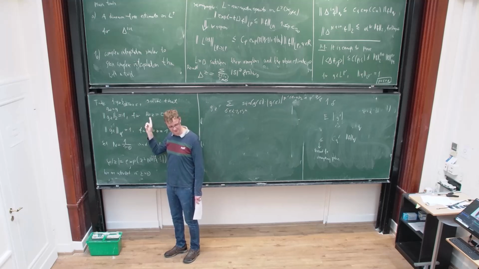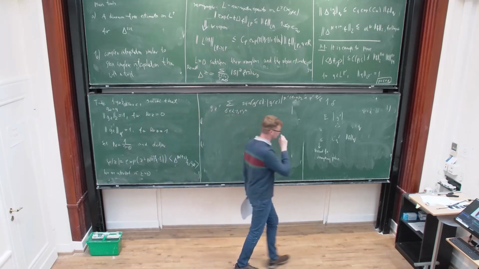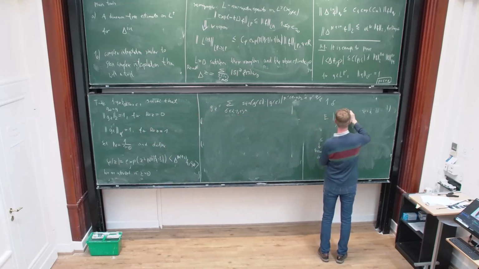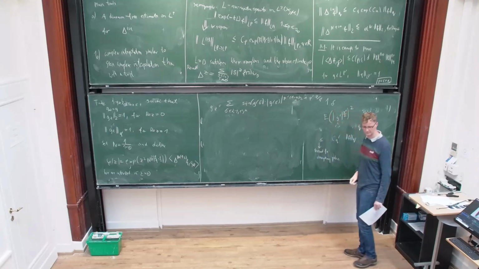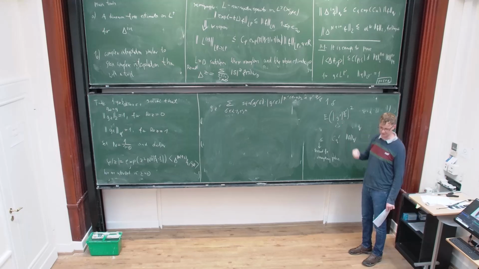And this is exactly what happens, because I started with a function which has the p prime norm equal to 1. So what I will have here is this, p prime over 2 squared. And this is 1. And the same happens on the other endpoint. Yeah, I could have done the same with f, but this would destroy, as I mentioned, the degree. So I can't, at least for this problem.